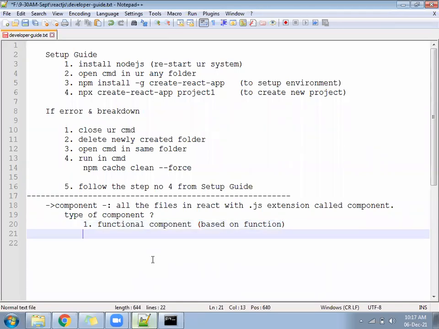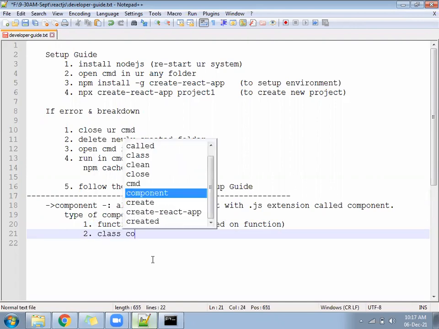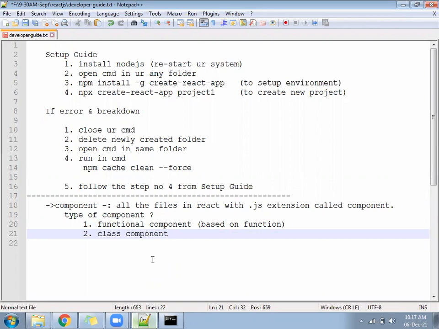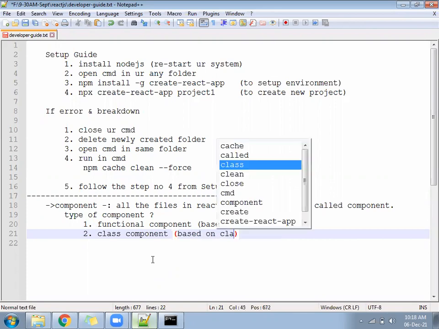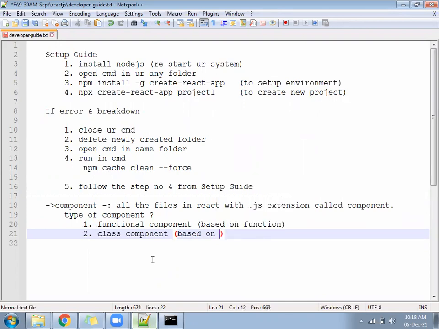Below that, write the next, class component, based on class object, based on JavaScript object oriented programming, that is called class and object.